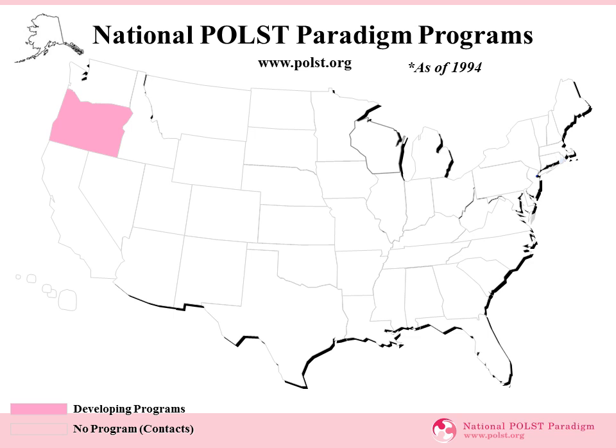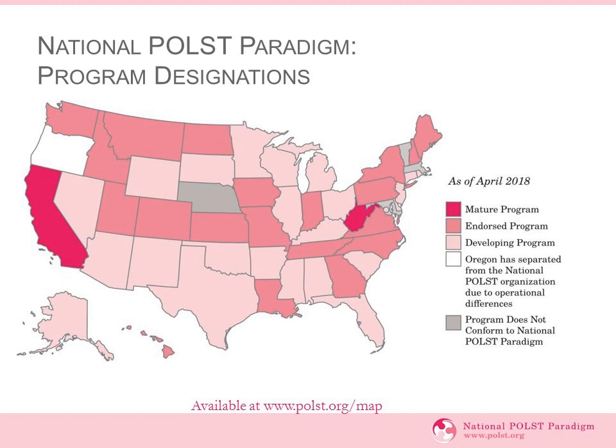All states have some level of POLST development, including Guam, a U.S. territory that is just getting started. This map shows where development is occurring. The states labeled as mature or endorsed, which are the two darker color pinks, have shown that they have implemented programs and forms that meet the national standards. The lighter color pink are developing programs, and these are programs that are working to implement the program. Most are actively working towards becoming endorsed. And again, endorsed does not mean that it's statewide. It just means that the program and form meet national standards.